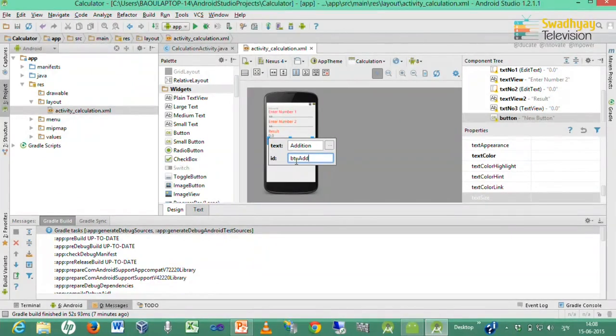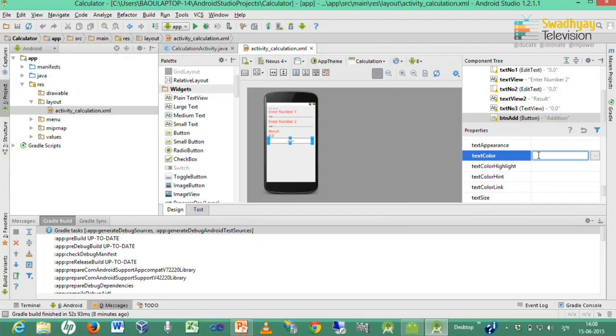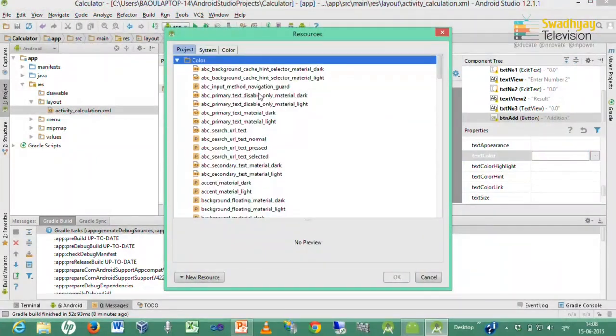By convention we can write btn for button, txt for edit text, so that we can quickly identify this is a button, this is a text view. So we will use this convention. Likewise you can change its text color or background.